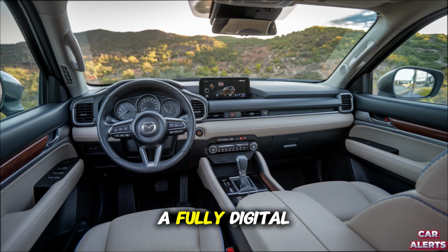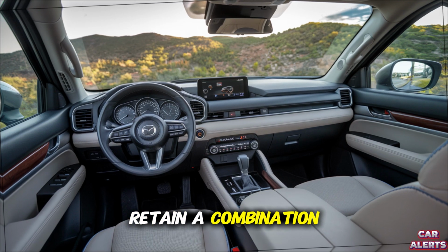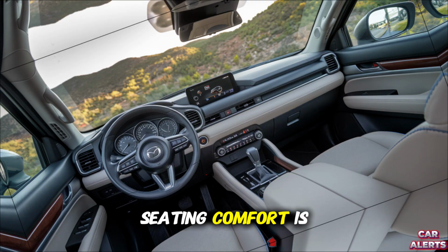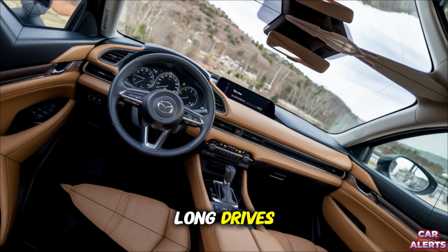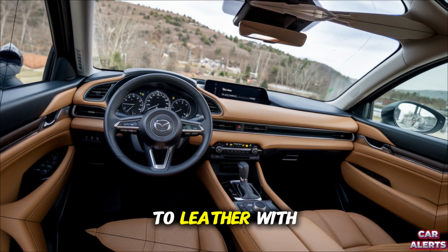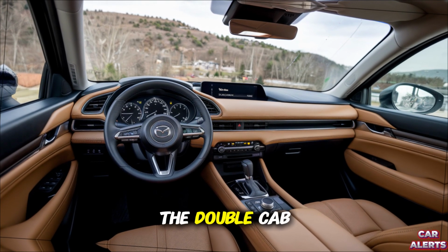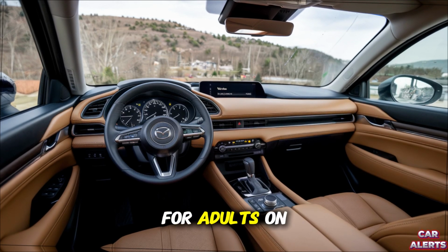Higher trims include a fully digital driver display with configurable layouts, while lower trims retain a combination of analog dials with a central screen. Seating comfort is another highlight, with supportive cushioning shaped to reduce fatigue on long drives. Upholstery ranges from durable fabric on base models to leather with perforated finishes on premium trims. Rear seats in the double cab provide adequate legroom and recline angles, making them usable for adults on longer trips,